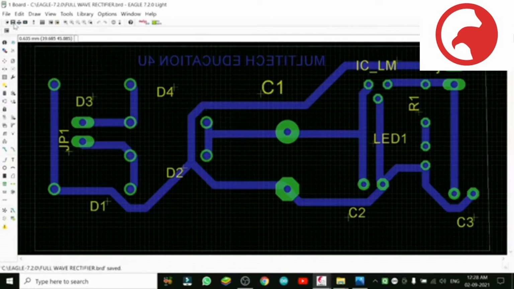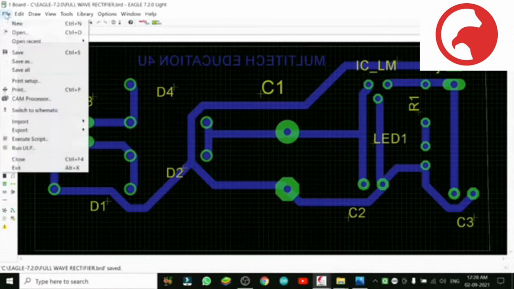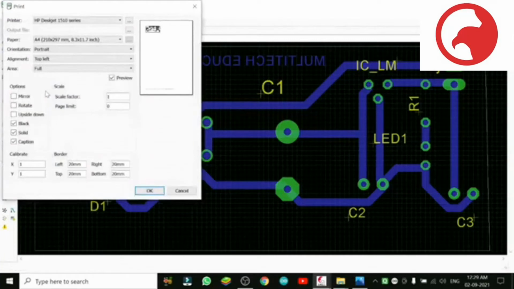Whatever your PCB will come will have this routing. On the actual PCB, it will be written where is C1, where is the resistance, where is the LED, and we just need to put the components there.